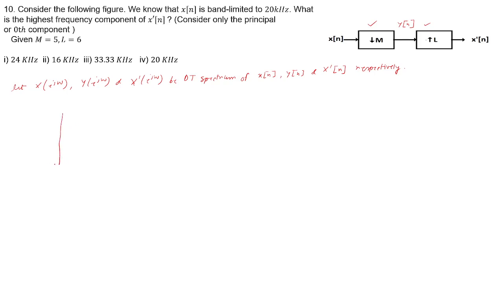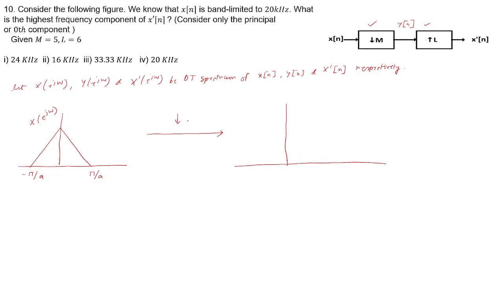So let me assume an arbitrary spectrum. This assumption doesn't harm our analysis. X(e^{jω}), let us say it is band limited to π/a, where a is some integer. When you perform the downsampling operation, I won't take into account the shifted spectrum, only the main one that is centered around 0. You perform this downsampling operation, we have seen earlier, it leads to